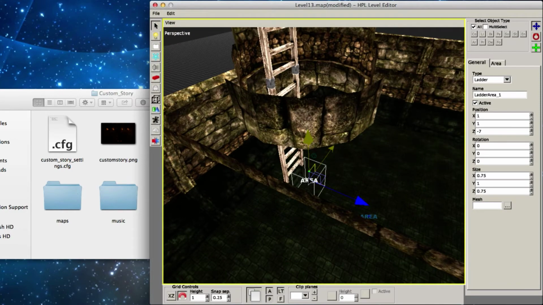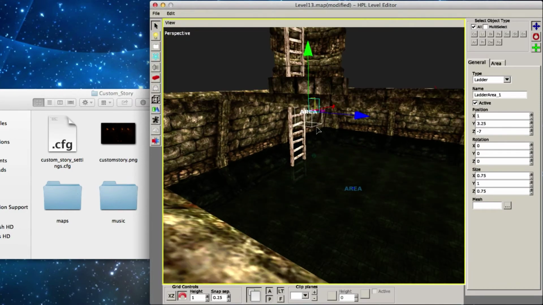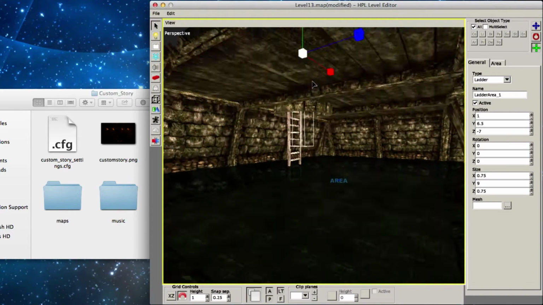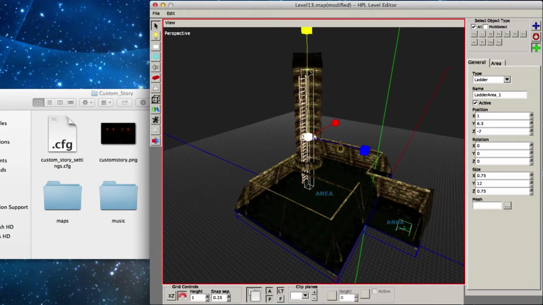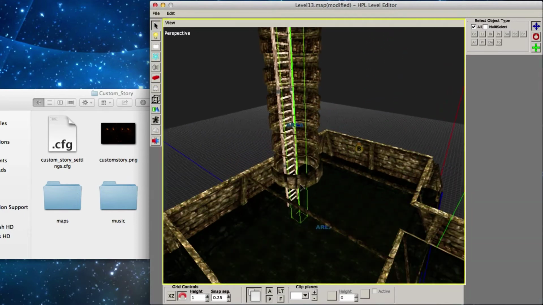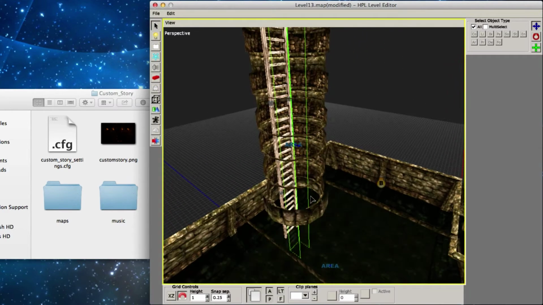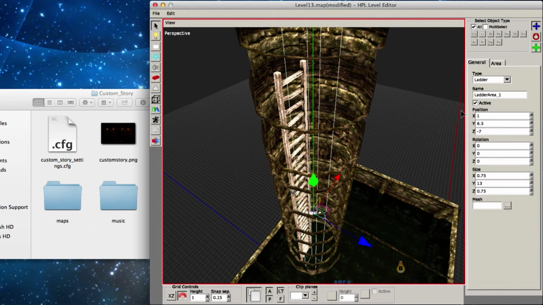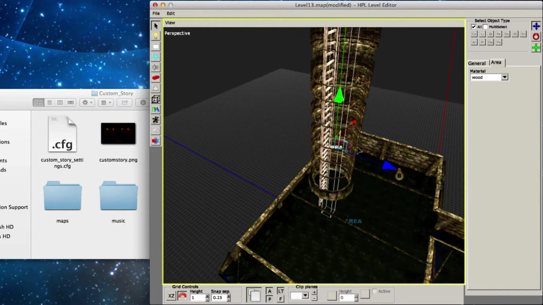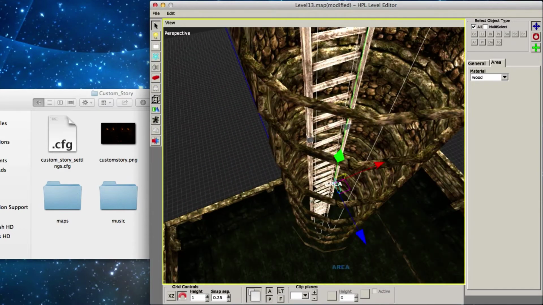Once you have your area, of course you're gonna have to make it as tall as you want. Let's just make it something like this. It's pretty tall. Alright, that should be good. So you don't even need to name it or anything. One thing you can do though, if you go in the area tab on it, you can select what kind of material it is, whether it's metal, wood, or rope. In this case it's wood. That's just for the sound it makes as you climb it.